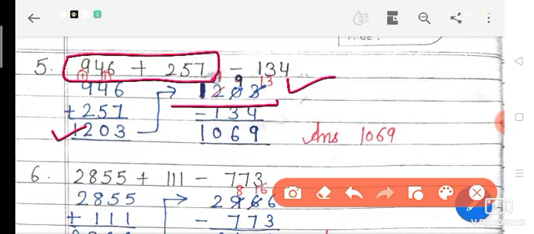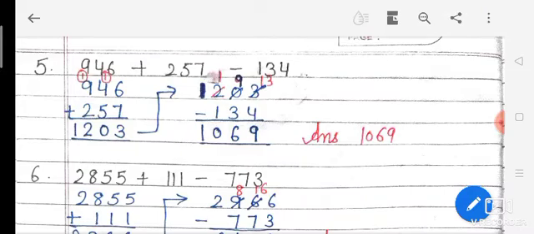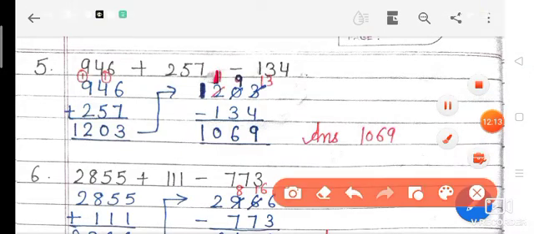So 13 minus 4 will be 9. Okay, here it was 0. When we have taken borrow it was 10. We have taken borrow from this, so it became 10. Now 10 has given 1 borrow to 3, it is 13. Now left with here 9. 9 minus 3 is 6, and here this left with 1. So 1 minus 1 is 0, and here 1.